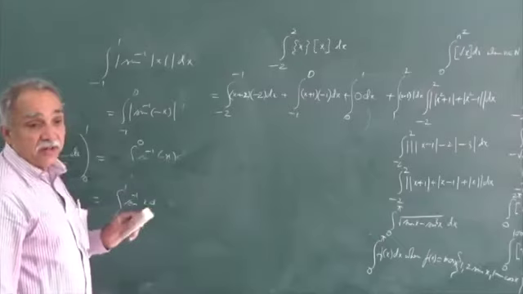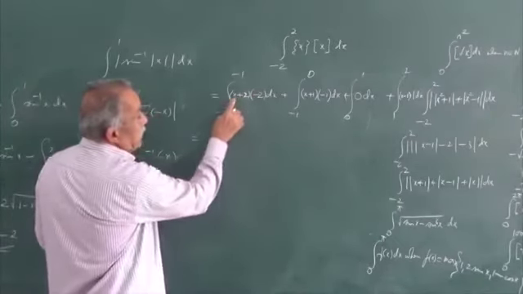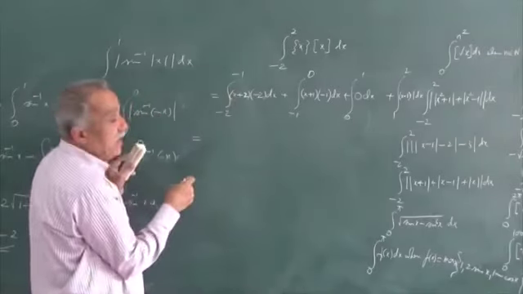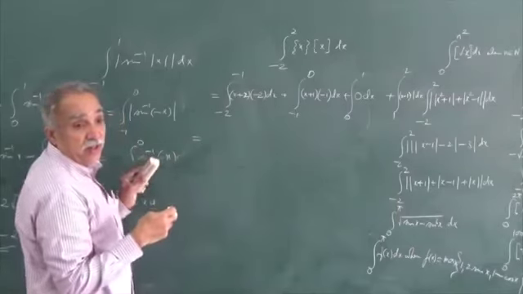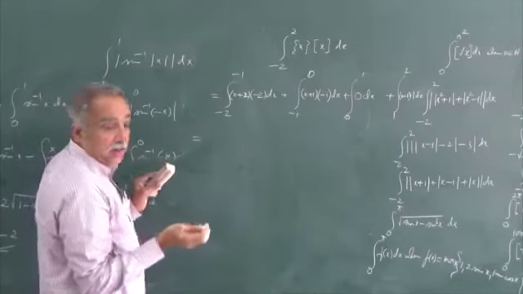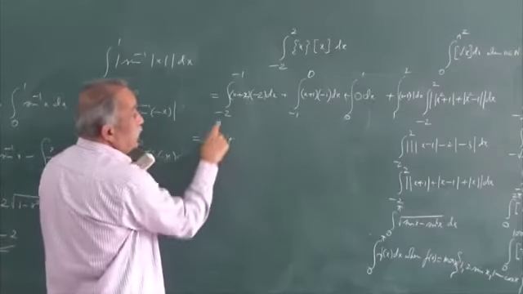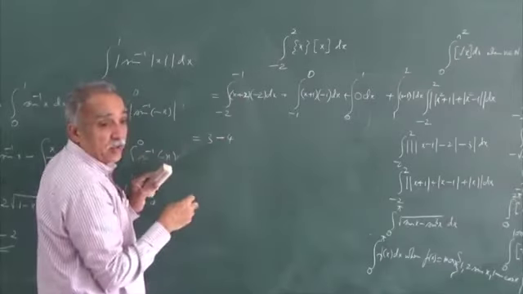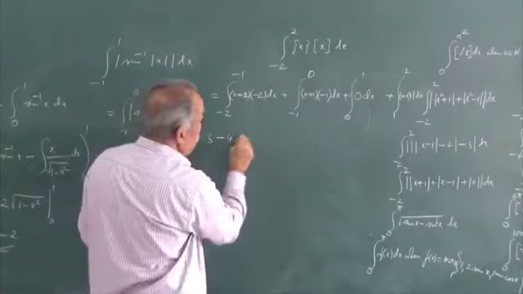Carry out these integrations, and you will be getting your value. This is minus 2x, integral is minus x square, evaluated between minus 2 and minus 1, plus 3, minus 4 into x evaluated between minus 2 and minus 1, plus 1, minus